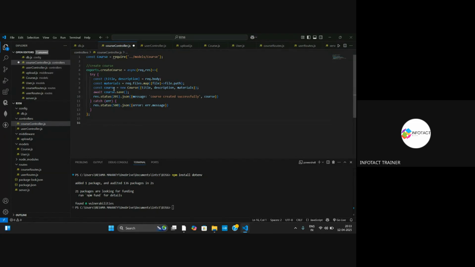So after creating the course, we will enroll the user inside that particular course. Here we will create the API for enrolling the user in a particular course. exports.enrollUser = async, and then